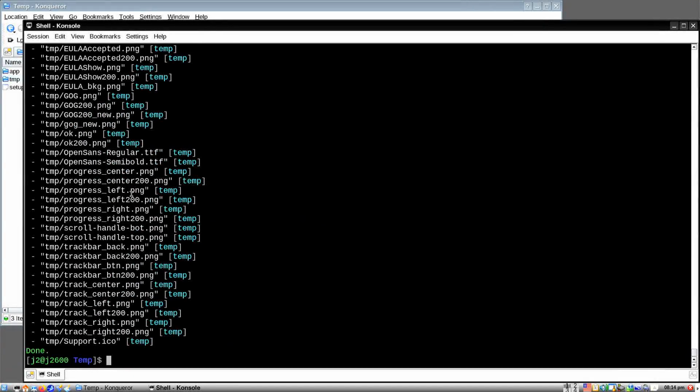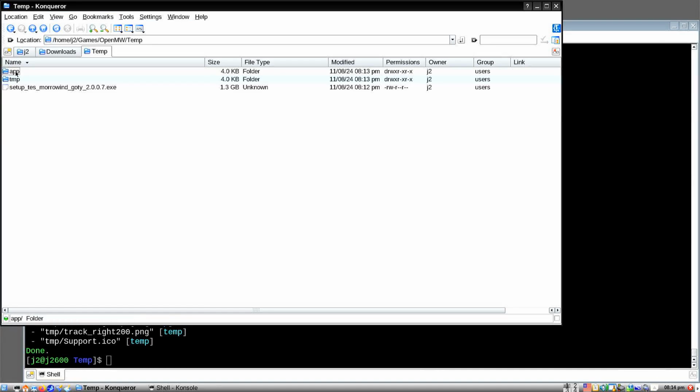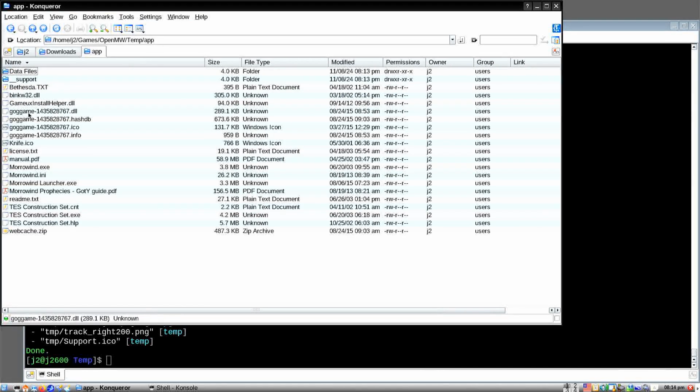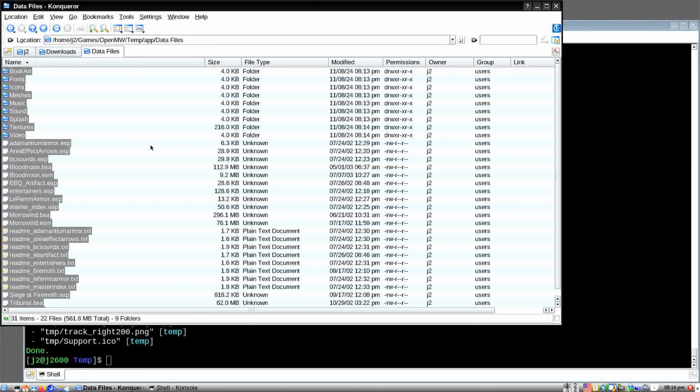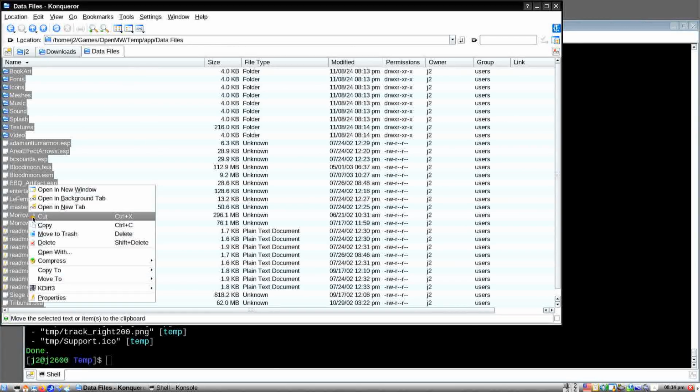Once the extraction is completed, you can go into APP, Data Files, hit Control A once you're in Data Files,